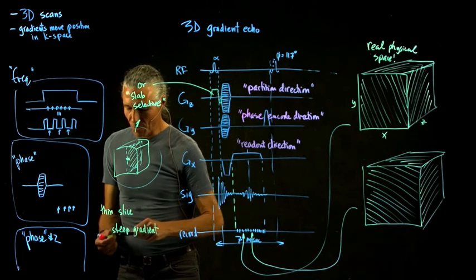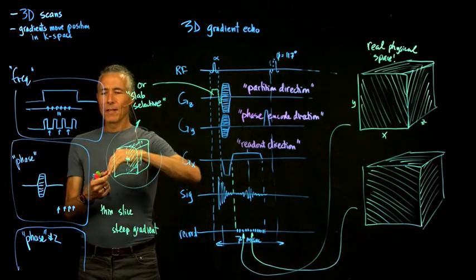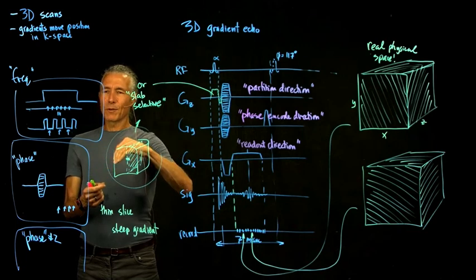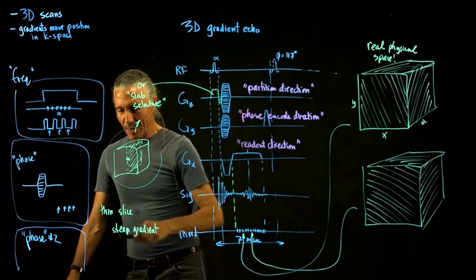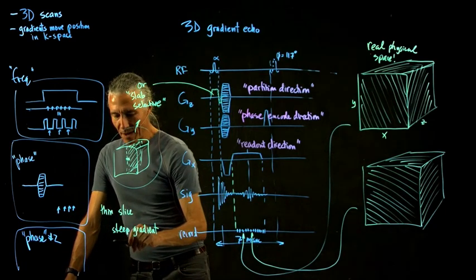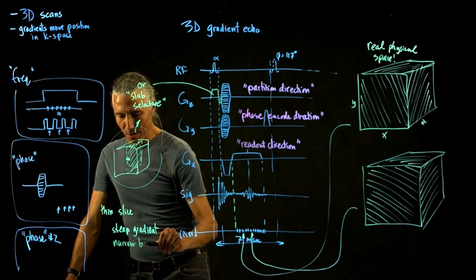So you could run the gradient up to the maximum steepness. There's a certain maximum level of the gradient, and then the amplifier can't do any more. So a steep gradient, but then you also need a narrow bandwidth